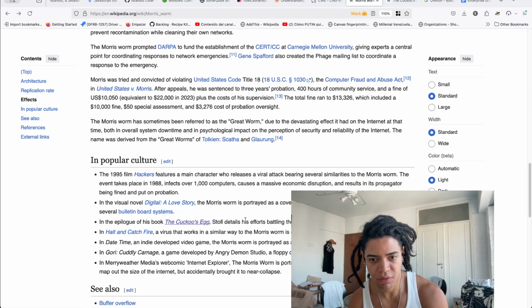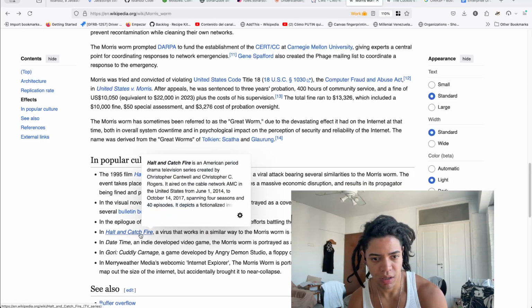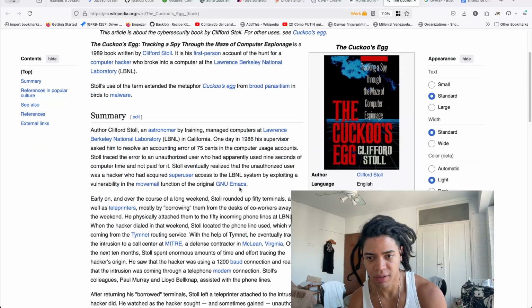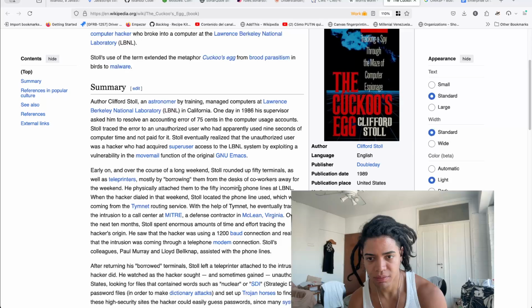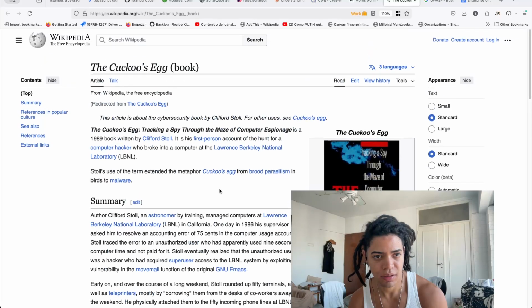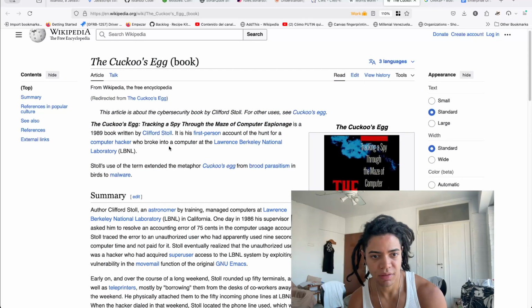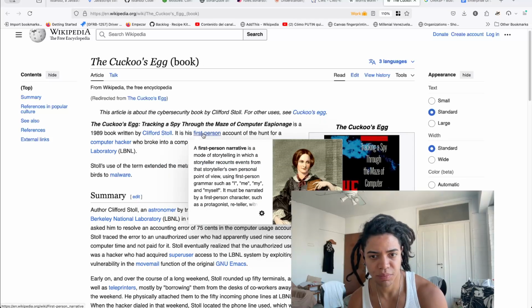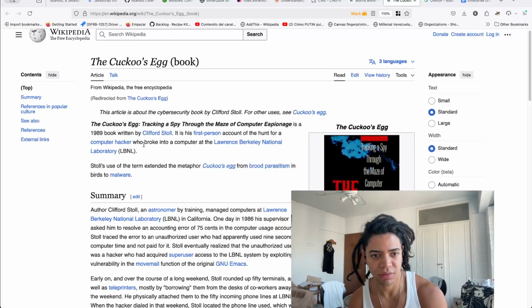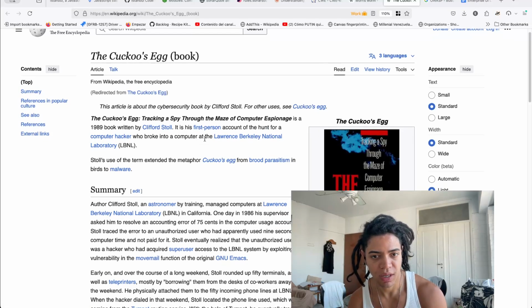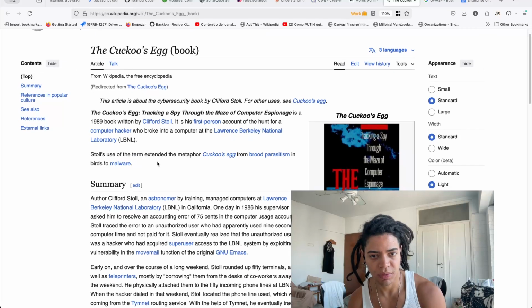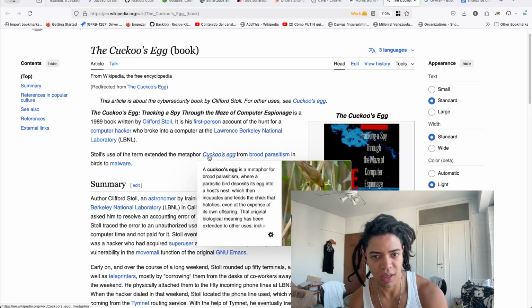Stoll detailed his effort battling the Morris worm. Halt and Catch Fire. The Cuckoo's Egg. And this is a book written by Clifford Stoll in his first person narrative. Accounts of the hunt of the computer hackers who broke into the computer at the Lawrence Berkeley National Laboratories. Stoll's use of the term extends the metaphor Cuckoo's Egg